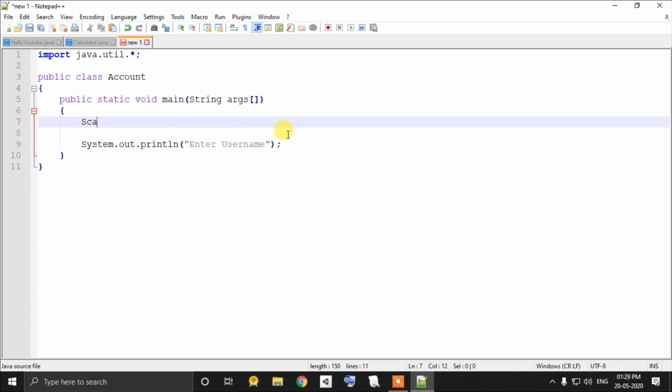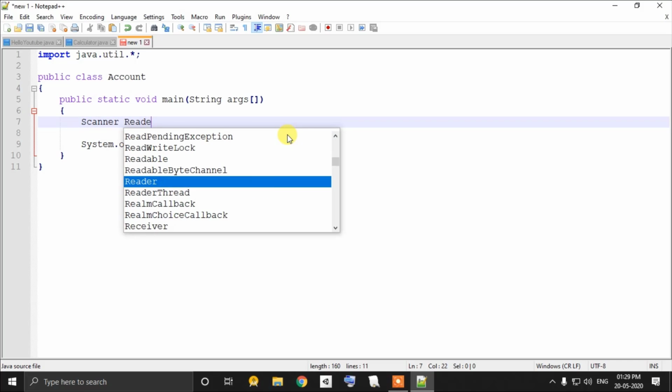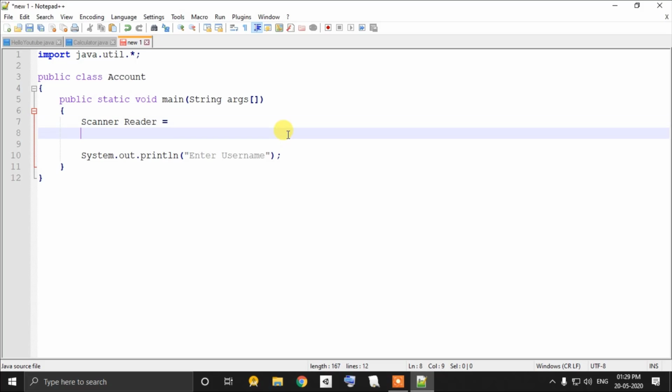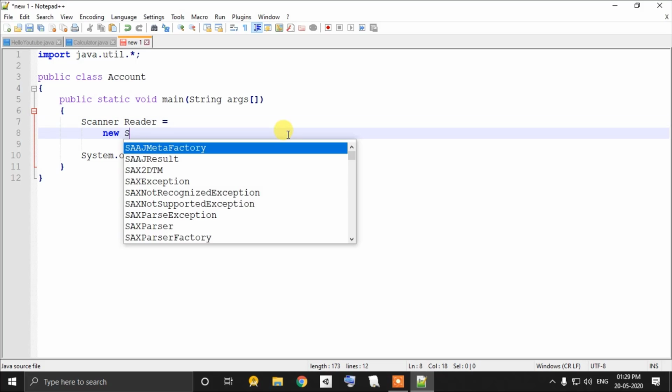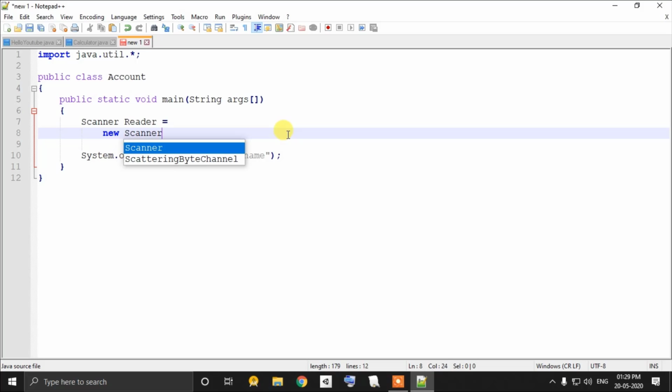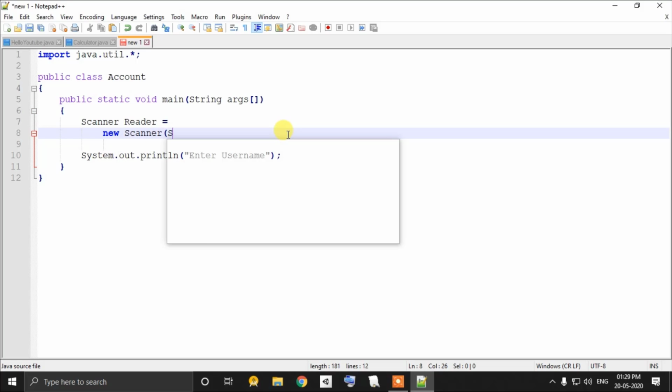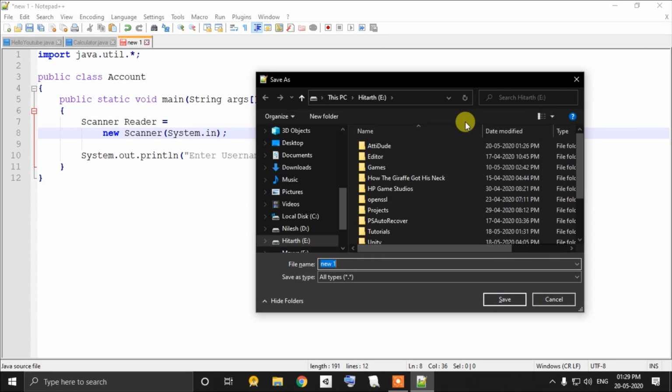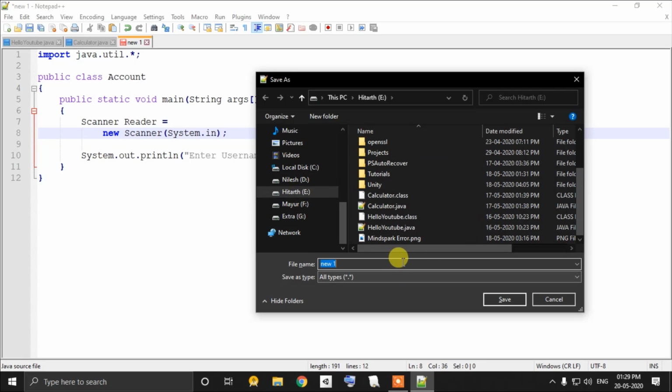Scanner reader equals new Scanner(System.in). Okay, so now we have created a scanner and now we will save our file as